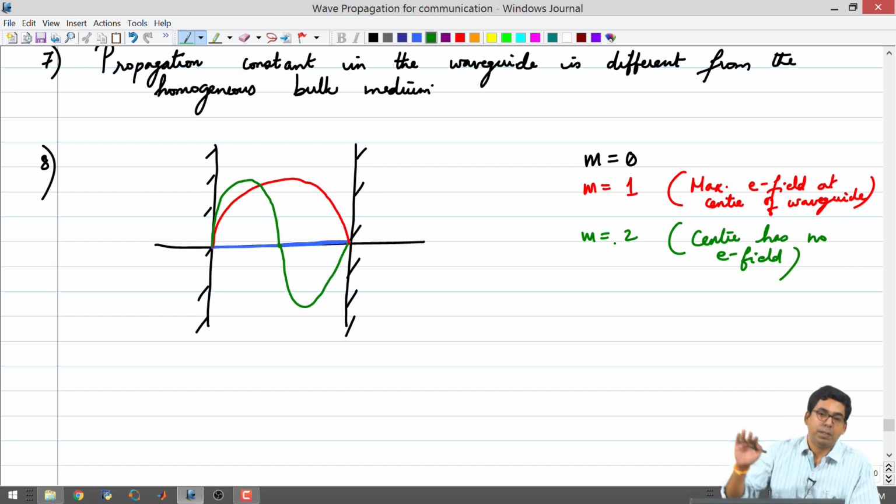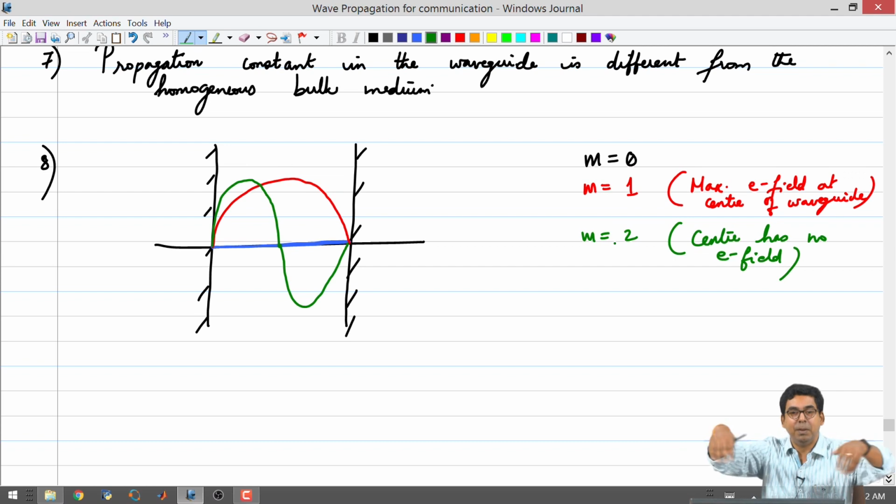This is not a continuous change from one profile to another profile, and this is also a very important thing. Why do we need to know these shapes? Because initially in the beginning of the lecture we talked about the waveguide being present between a transmitter and a receiver. Suppose you did transmit. Let us say that your receiver is going to be of a finite area compared to the waveguide. Just for the sake of argument, we will make the area to be less than that of the waveguide. Normally it is not so, normally the detector will be much larger than your waveguide, but just for the sake of argument.